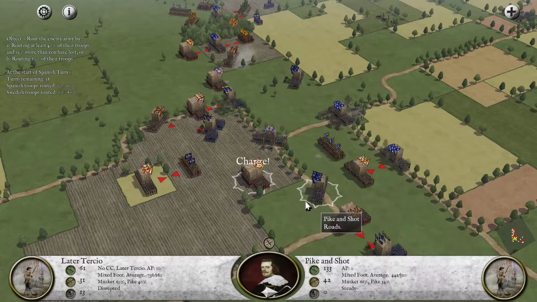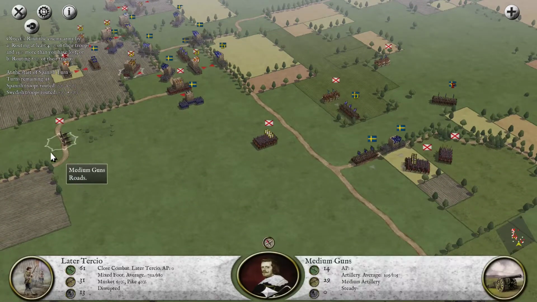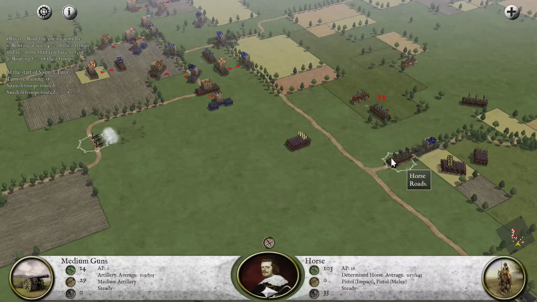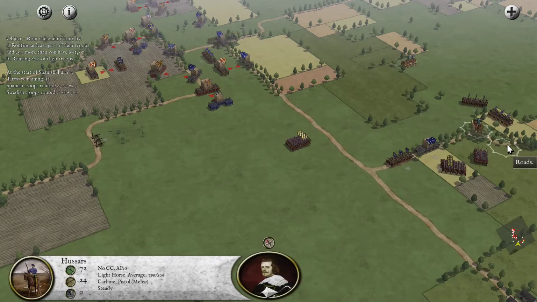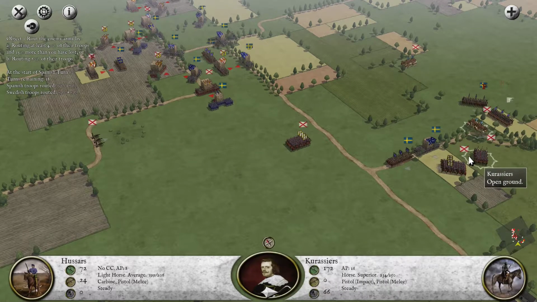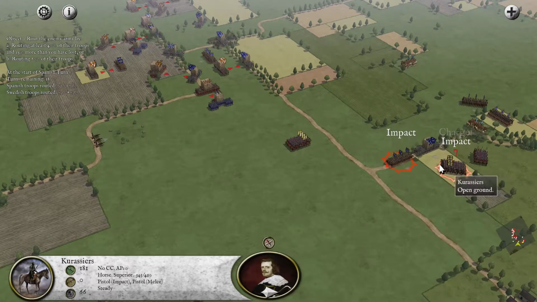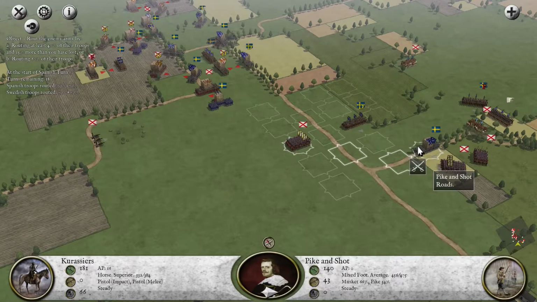Charge in, or else you're just going to get shot to death, so hopefully rally in the melee. Who do we try to break? You. Good. Break them. Hopefully break this unit too on your way out. Charge. Couldn't do that in Field of Glory, but you can here. I shouldn't have done that. I should have...